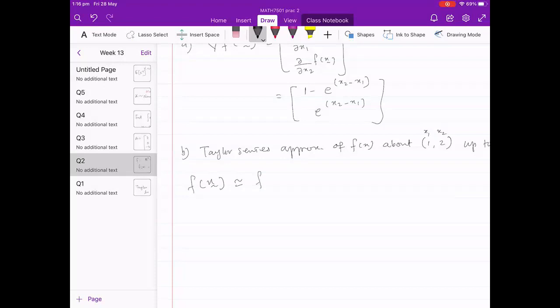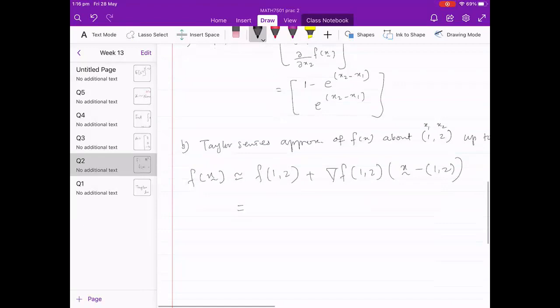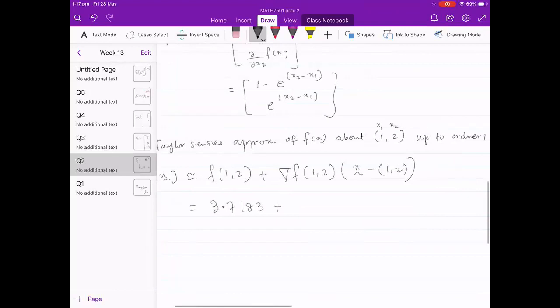Okay, so the first term would be f of 1, 2 plus f of 1, 2, and then this would be x minus 1, 2, okay, which is equal to f of 1, 2, which would be like evaluating f at these two values. I got that is 3.7183 plus this one